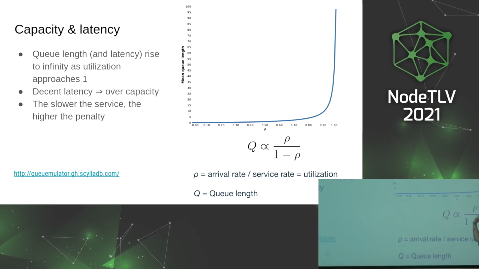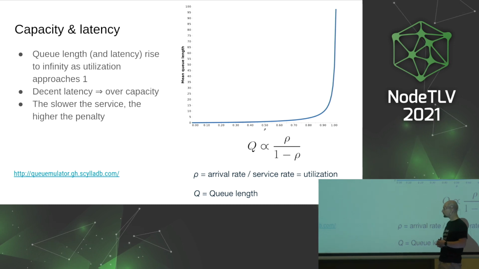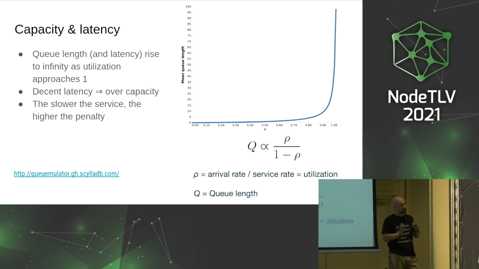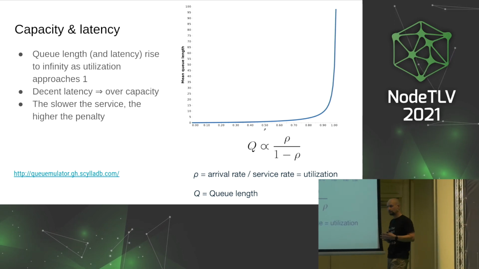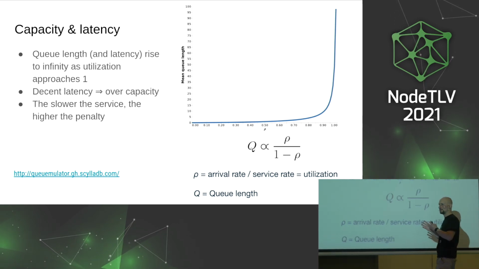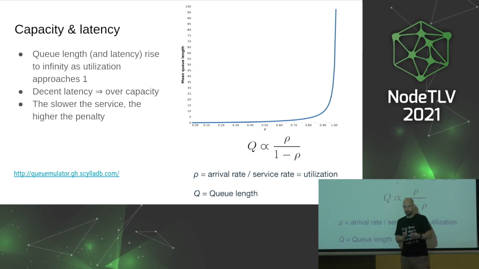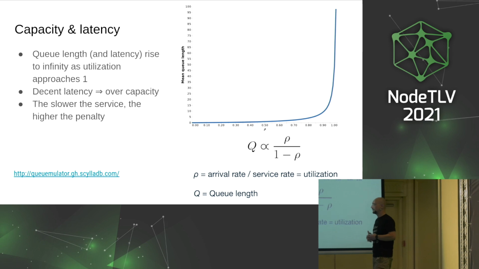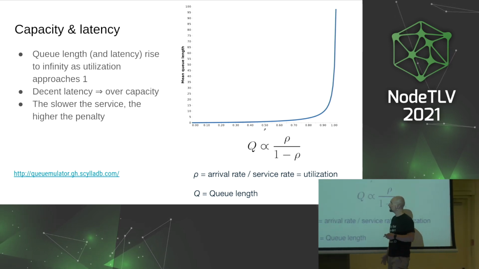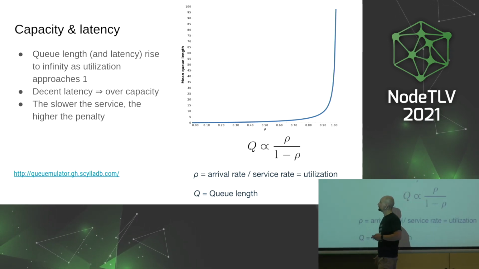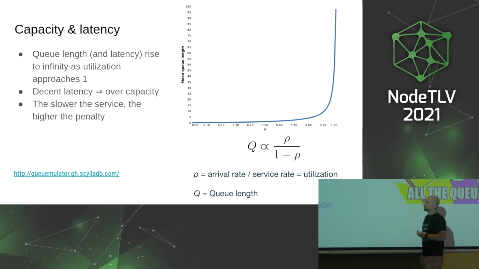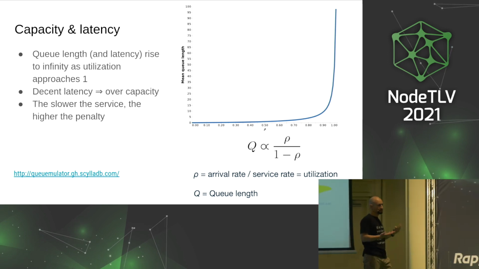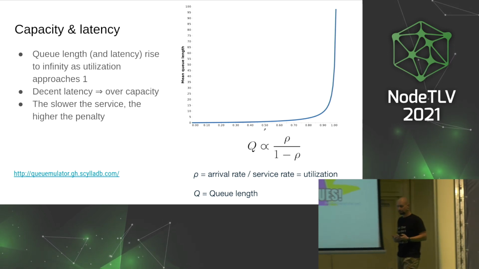So the lesson here is that you cannot run systems close to the edge of capacity. The more utilization you have, the more dangerous it's going to be and the more sensitive it's going to be to problems. So what do we need to do? We need to keep our systems at lower utilization. Basically, we run systems on purpose at, let's say, 70% or 50% utilization, depending on the particular system.